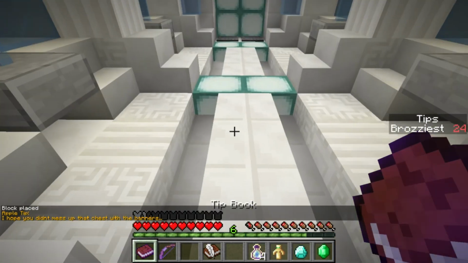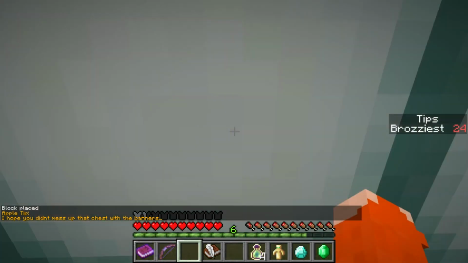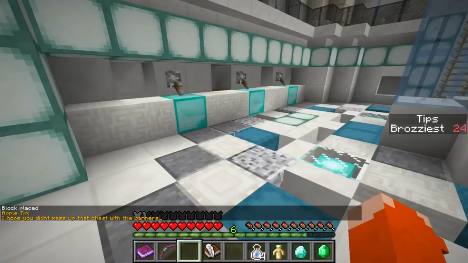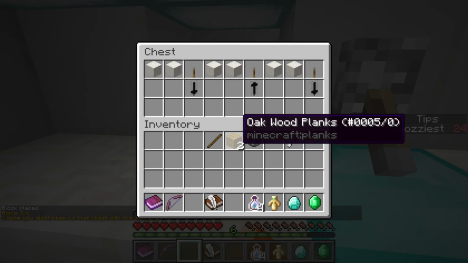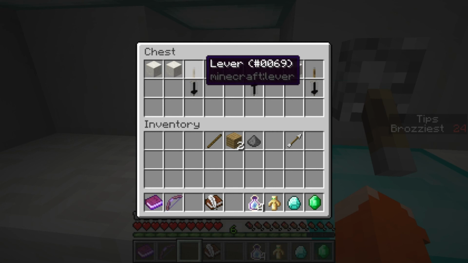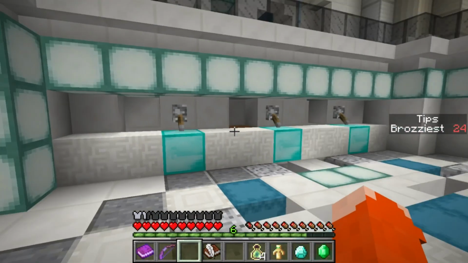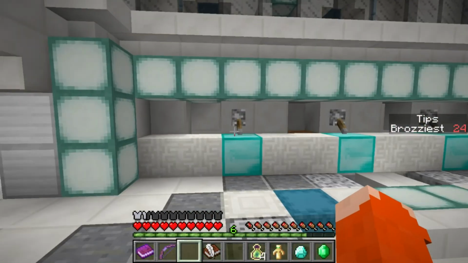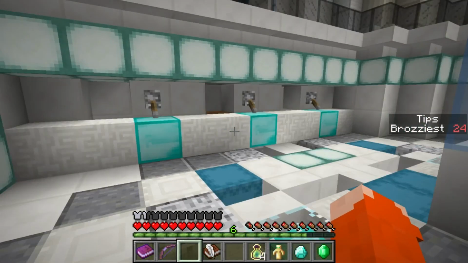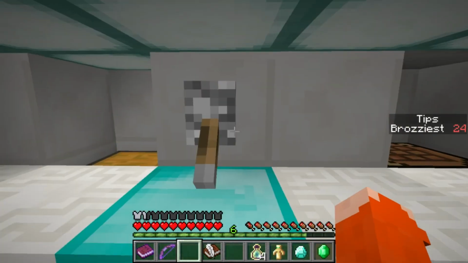The apple tip. I hope you didn't mess up that chest with the banners. Again, another very obscure hint, but I don't know if you noticed, there was a chest with banners in it. Now, this was just trying to tell you, chisel quartz, lever, banners with arrows on it. That kind of looks like this setup right here. You have the chisel quartz, 1, 2, lever, 1, 2, lever, 1, 2, lever, and it tells us to go down, up, down, down,